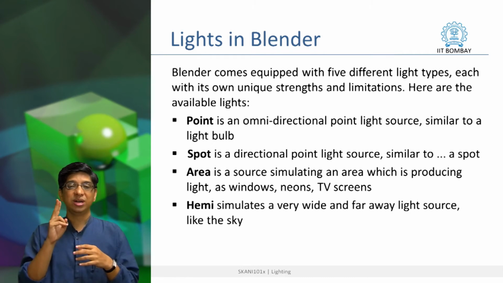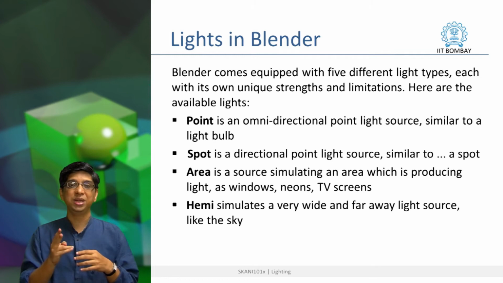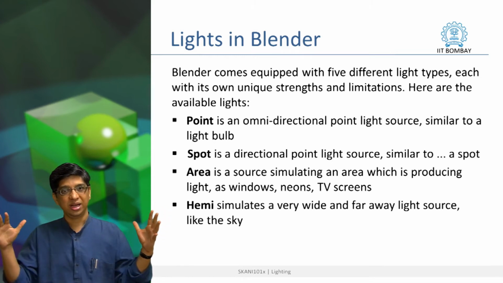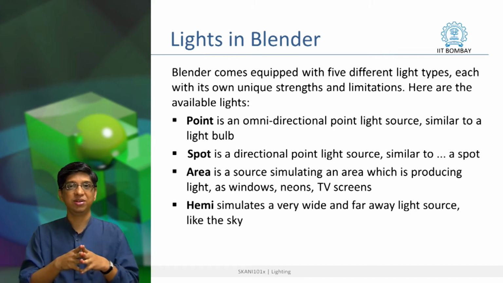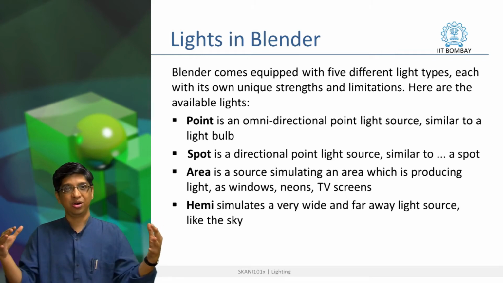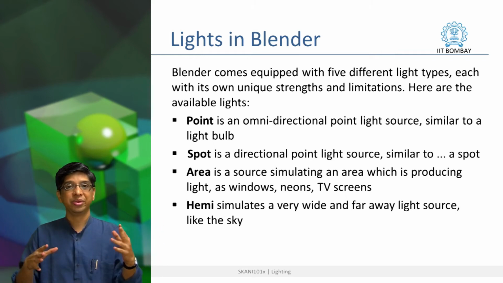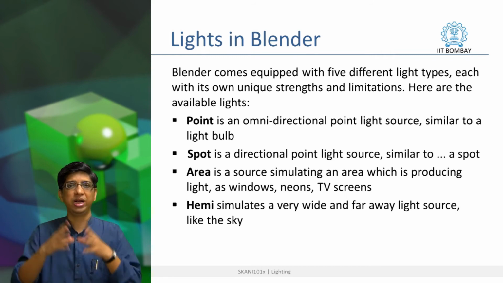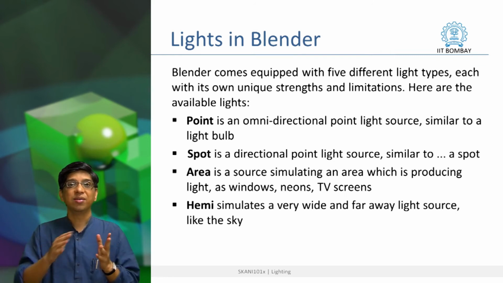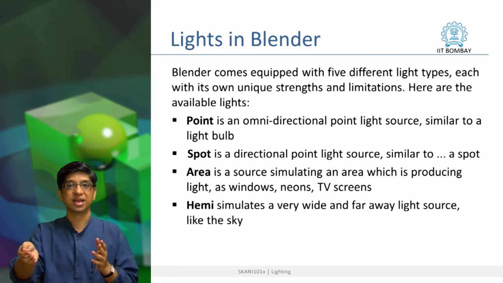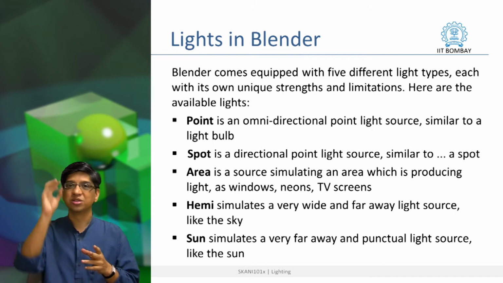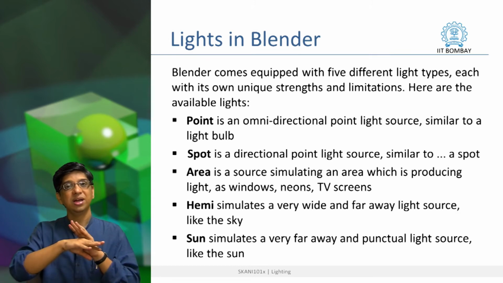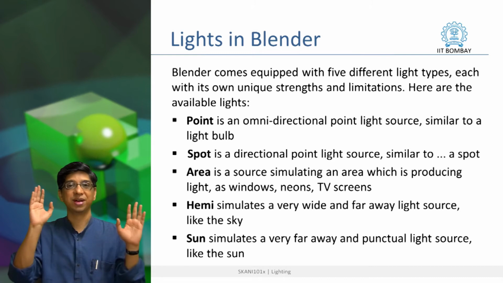Plus we have two lights which are very good for illuminating a huge model. All the lights we just discussed are good for smaller models or a lesser number of models, but when you have a terrain, suppose you have a city or an entire jungle to be modeled, then you can't put so many spot or point lights everywhere. So, something like a dome or a sky can be used, and it is called a hemi because it is hemisphere in nature, or a sun, which is a fixed source, but it will treat every object in a similar fashion.